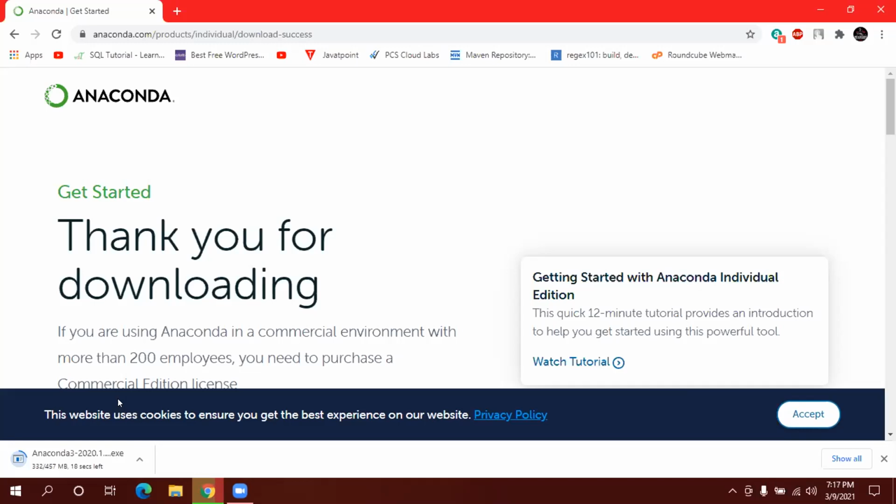Jupyter Notebook is very familiar to Python developers. And second is Spyder. Spyder is a text editor similar to PyCharm. And it also has Visual Studio. If anybody wants to install and use Visual Studio, you can, because one second guys.